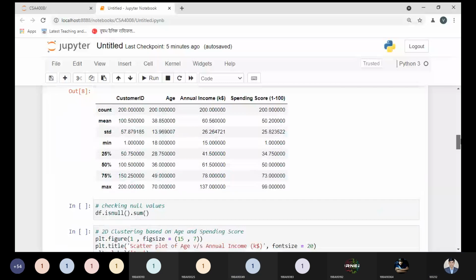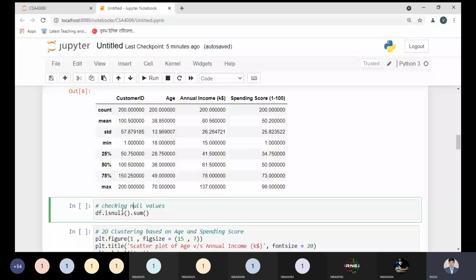Yes, sir. Okay. And we have seen with the info method that there is no issue, but if you really want to check how many null values you have, what is the method by which we can check? We can use the isnull method. From the data, we use isnull along with the sum method, by which we can see how many null values are in each particular column. So let me execute this code right now, then you will understand.